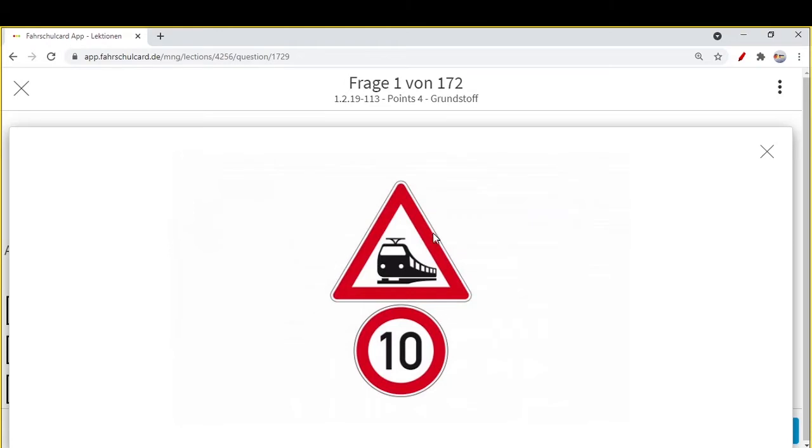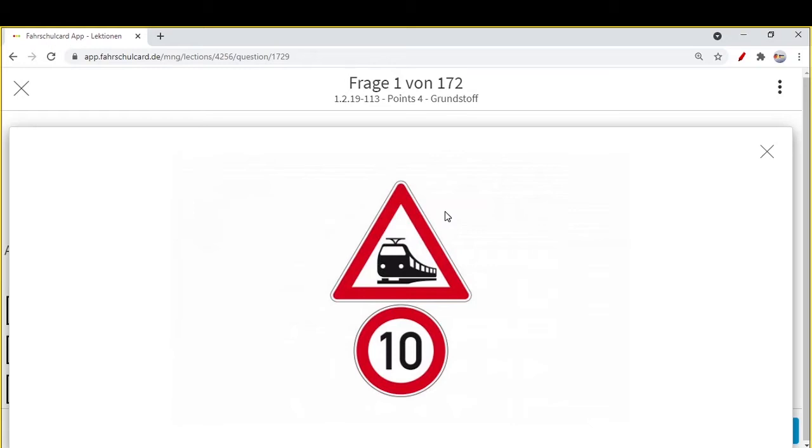Whenever you see a red triangle, it is a sign of danger, like there is some danger. For example, in this case the red triangle is a danger, but this danger is related to which thing? It is related to the train line. For example, when there is a danger related to ice or snow, then the sign inside will be related to snow. Just remember, this red triangle is